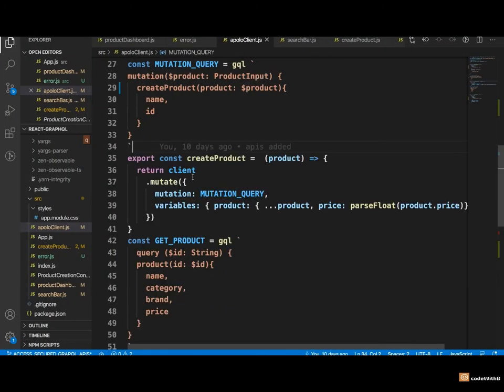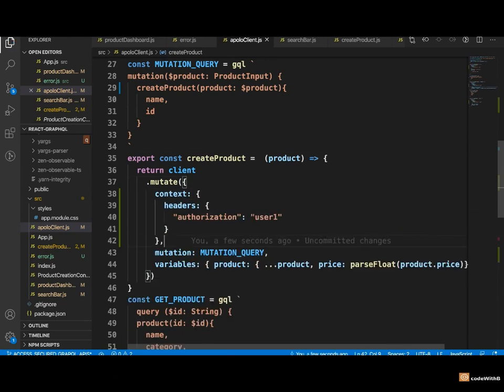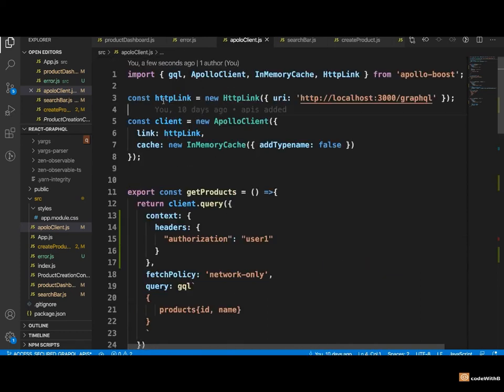Similarly, we can do this thing for the create product method. In all of these examples, the header is same for all the requests that we are sending to the GraphQL server. So it would be nice to have the handling of all these headers in a common place. For handling such things, Apollo links come into the picture. Apollo links are chainable units that you can chain together to do any change in the request or to do any operation after you receive the response, such as retry, polling, and similarly you can add headers. For our example, we will add the header in the request before the processing.